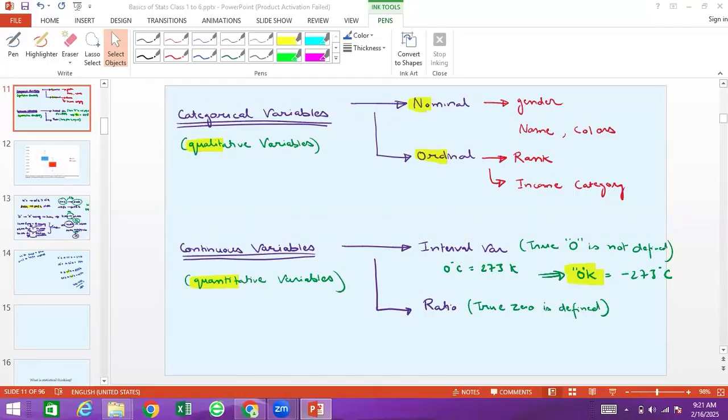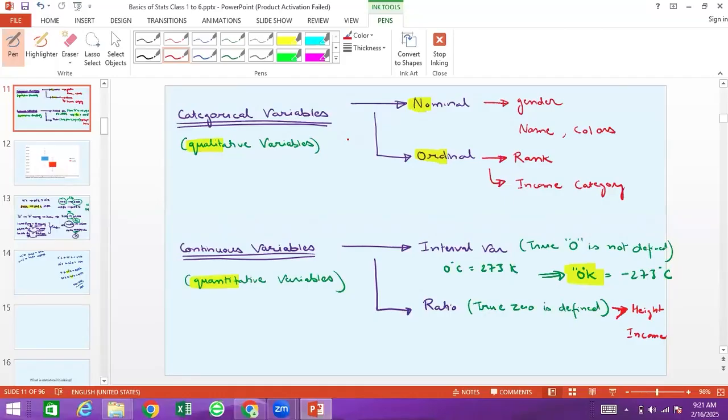Example of ratio variable, what will it be? The example will be height, weight, age, income, marks, or score. Income will also be an example of it. Although income category is a categorical variable, income in absolute terms is